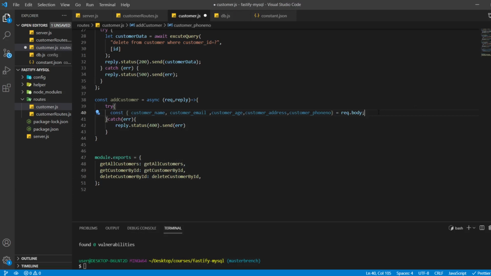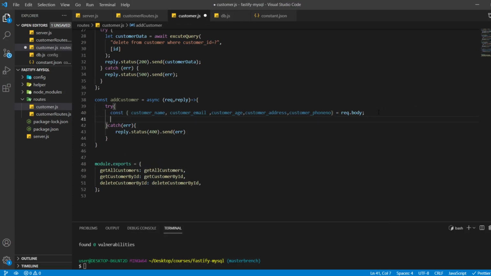So now what next? We'll simply use let customer data equal to await and then execute query.